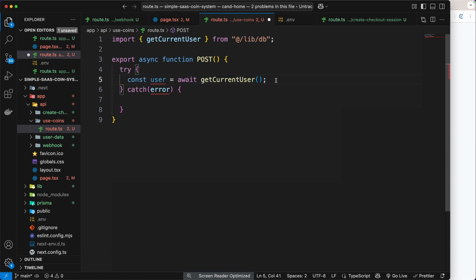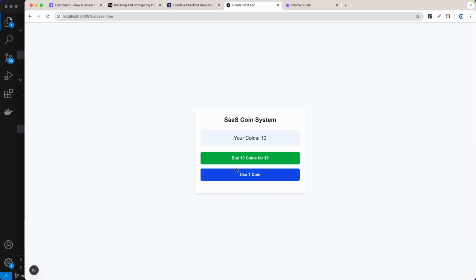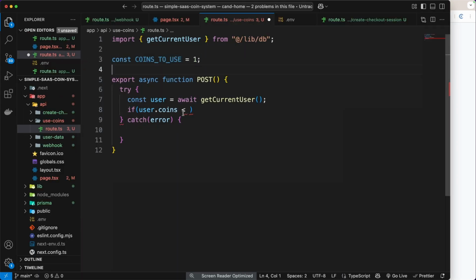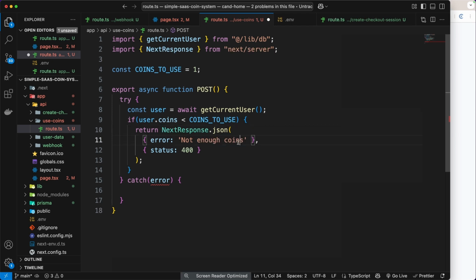And then here we are going to check if the user.coins is less than coinToUse. So coinToUse is basically one. So I'm going to say const coinToUse equals one, right? Because as you can see right here, coinToUse is just one coin. So just put that right here: if user.coins is less than coinToUse, like this. So what I'm going to do is let's just return not enough coin. So I just want to paste this really simple return. As you can see, return NextResponse.json, and then the error is "not enough coin", and then the status